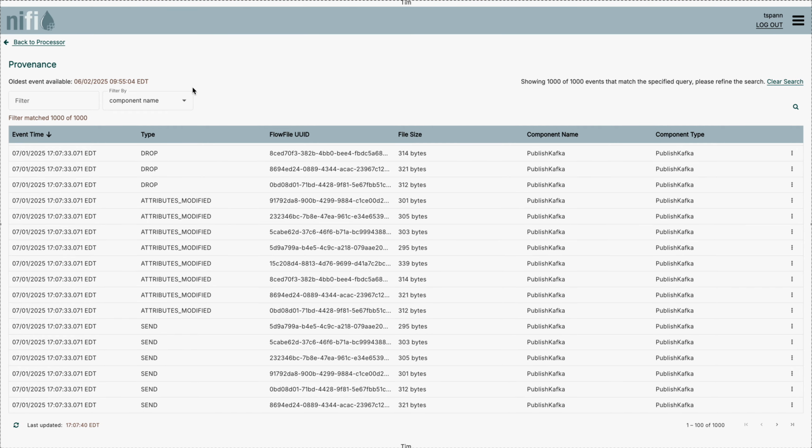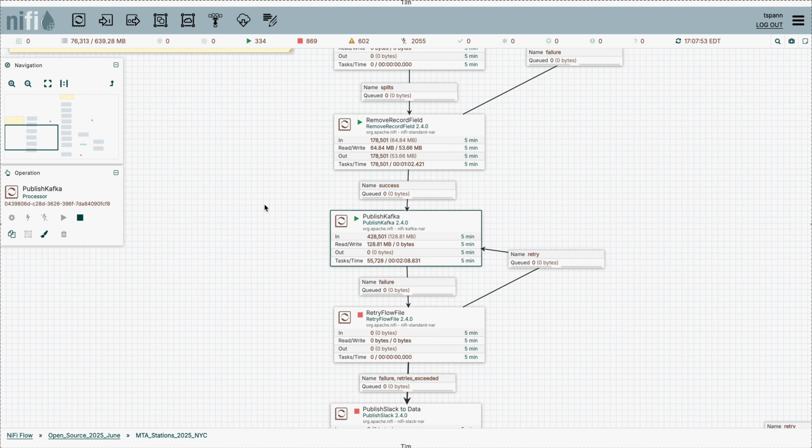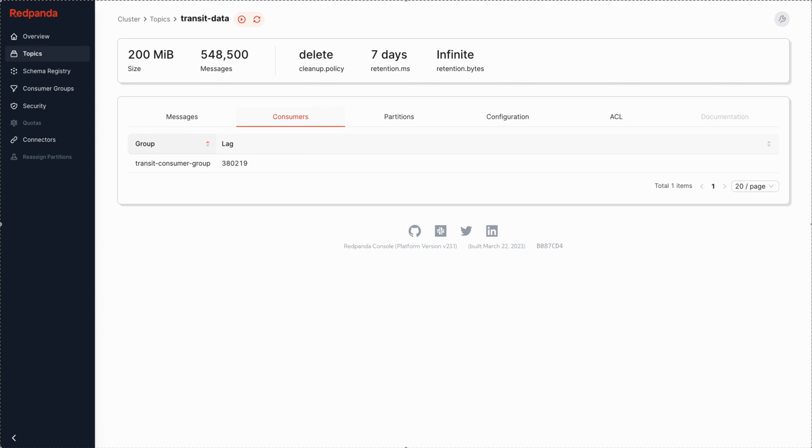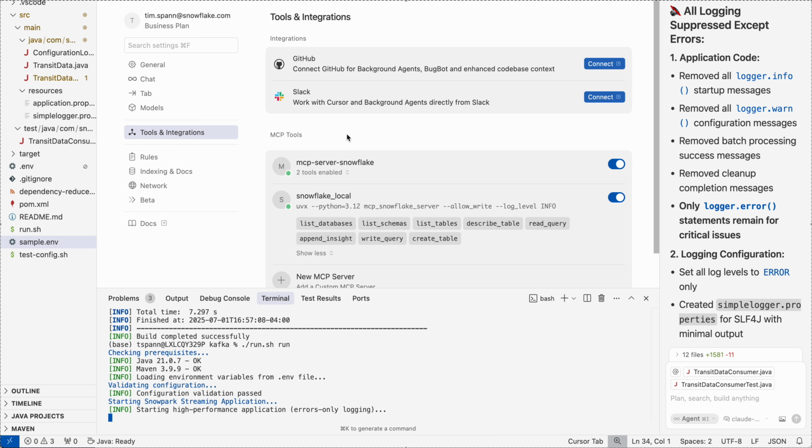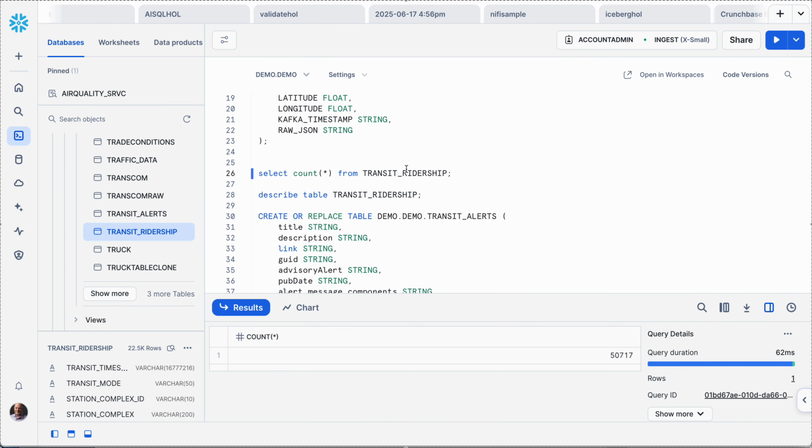Then a lot of them going through here, and we don't need to see NiFi anymore. That's done its work. So we got 548,000. We'll see this will start consuming all these messages. And you can see that's going down. Nothing blowing up. Let's take a look in Snowflake. Let's see where our account is. Got 150,000. As you can watch here, it's going up. We're getting a lot of data in there in our table, which is